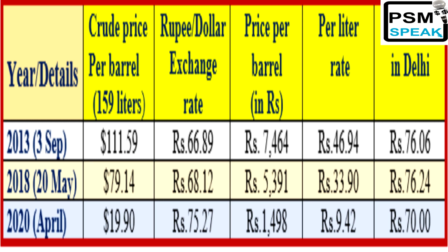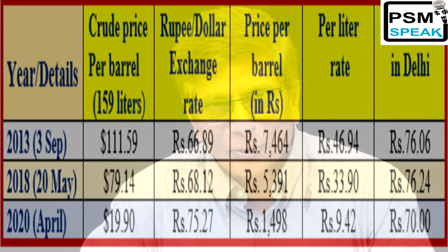So what happened in 2013 on 3rd September? The per barrel crude price was 111.59 dollars. One barrel is 159 liters and the exchange rate that day was 66.89 rupees, which means the per barrel rate that day was 7,464 rupees. No, I am not going to bore you with too many statistics and data, but still I can't help